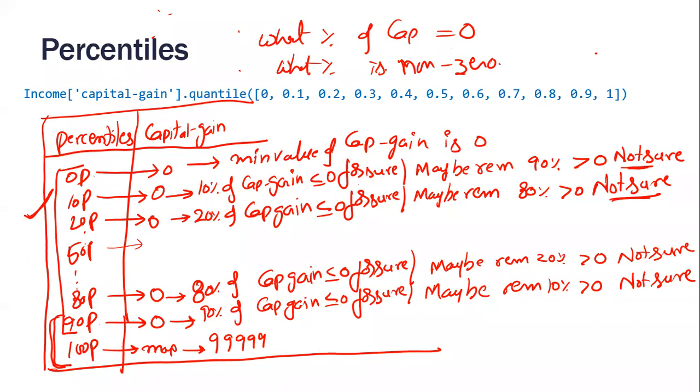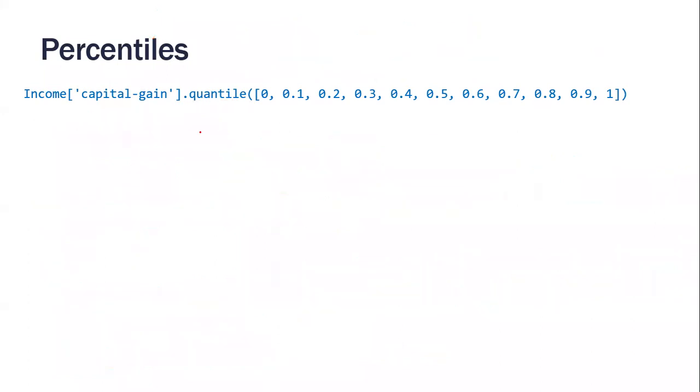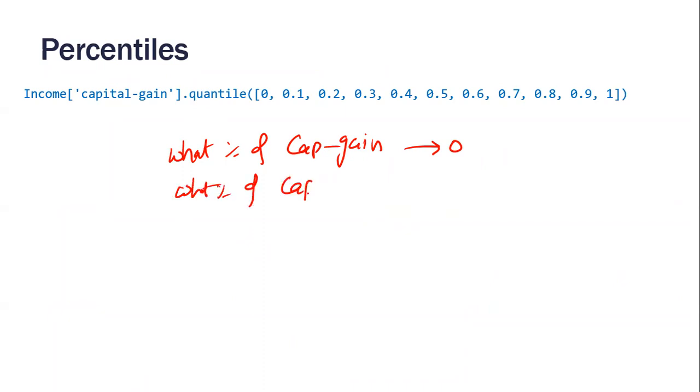That's what I want you to tell me. Look at the output. Finally, don't paste the output in the chat window. That's not useful. What percent of capital gain eventually is 0? What percent of capital gain is greater than 0? Tell me this percentage, this percentage. These are the 2 lines of answer that I want to look into every message.